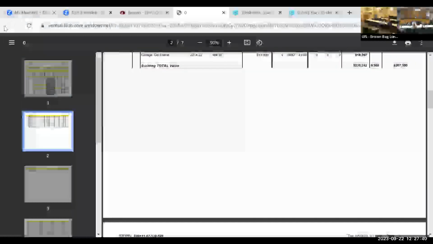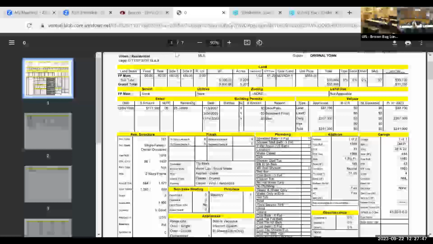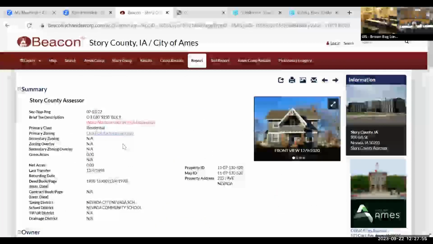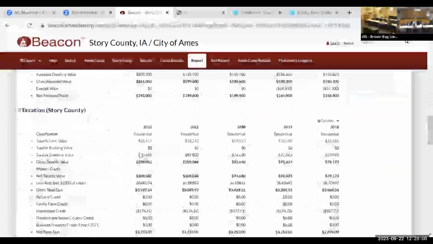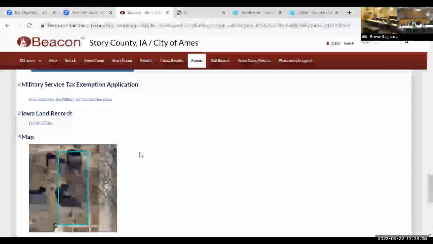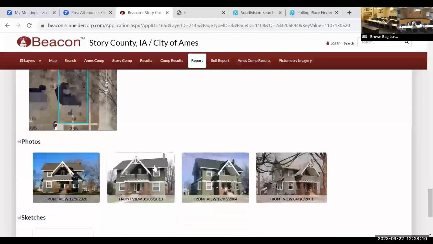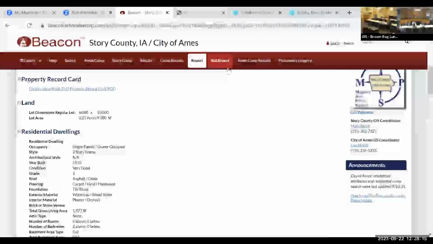A lot of useful information there. I'll probably open in a new tab. You probably have to close that tab, maybe. Yeah, so it just has a lot of detailed information. Maybe keep scrolling down to the bottom just to see. Yeah, there's a lot. You can apply for homestead. We have a lot of people that do that. And up at the top there, you can do the map, the search. We have some comp searches as well. Why don't you click on Story comp just so we can see that.